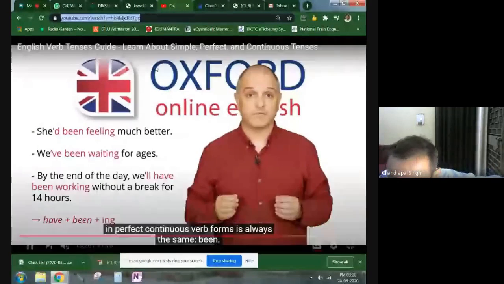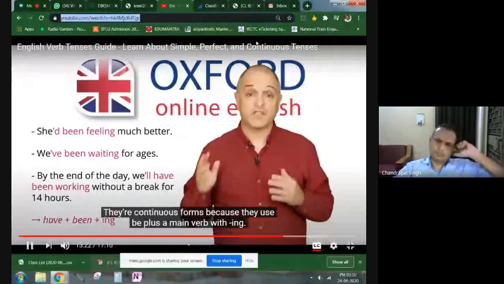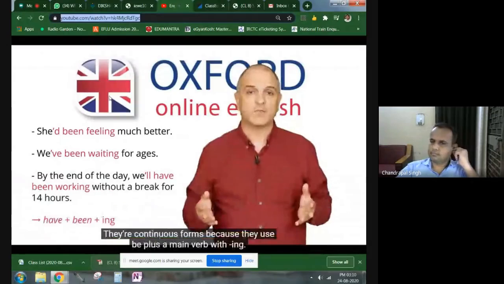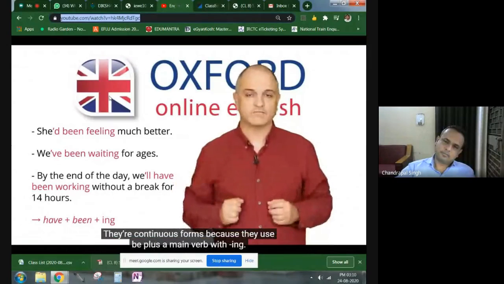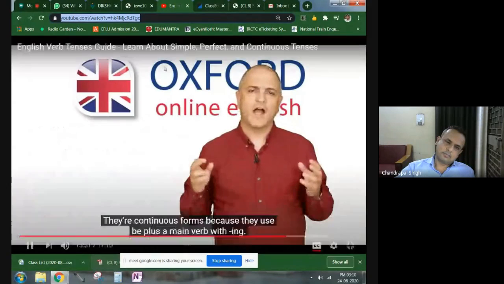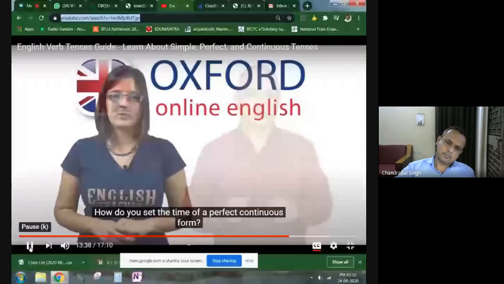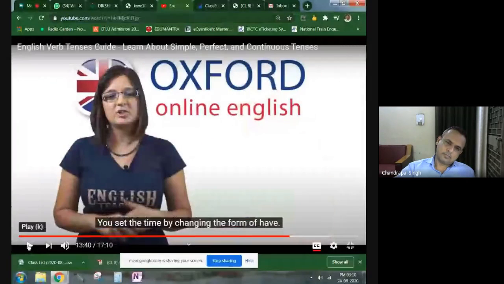They're continuous forms because they use be plus a main verb with ing. How do you set the time of a perfect continuous form? You set the time by